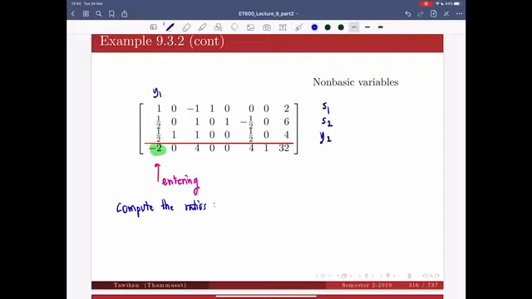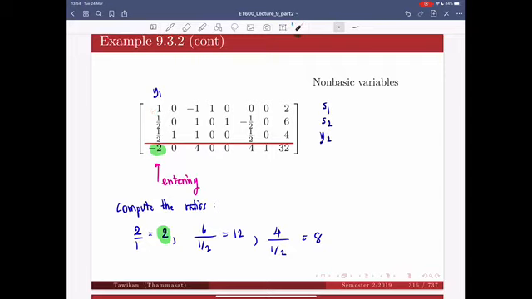So the first ratio is 2 divided by 1, which is 2. The next ratio is 6 divided by 1/2, and that gives 12. And the next ratio is divide this b by y1. I get 4 divided by 1/2, and that gives me 8. I need to compare all those 3 ratios. We want to look for the smallest non-negative ratio, and 2 is the smallest non-negative ratio, and that 2, I got it by finding the ratio of b and y1